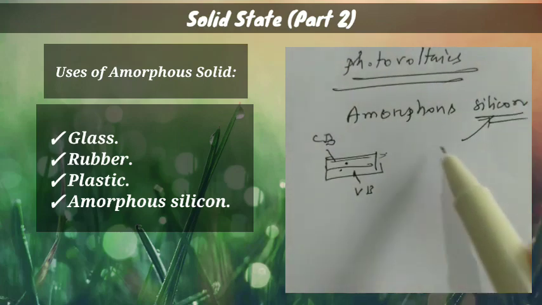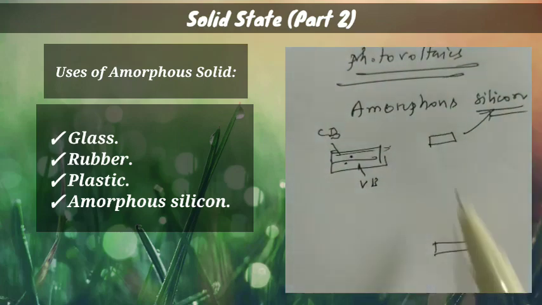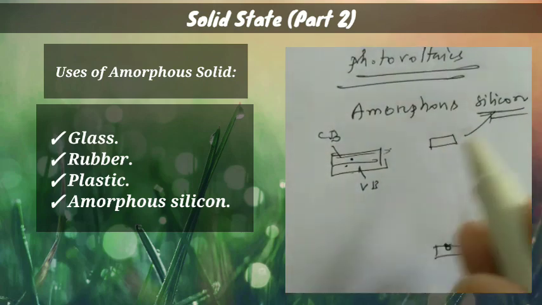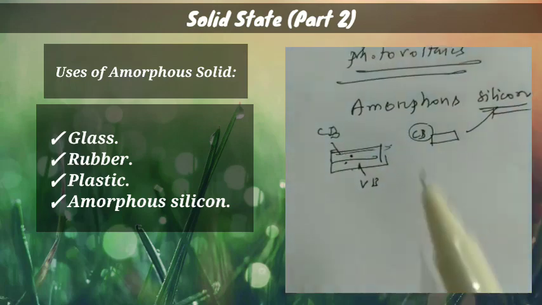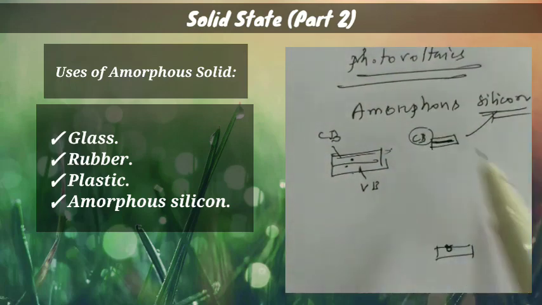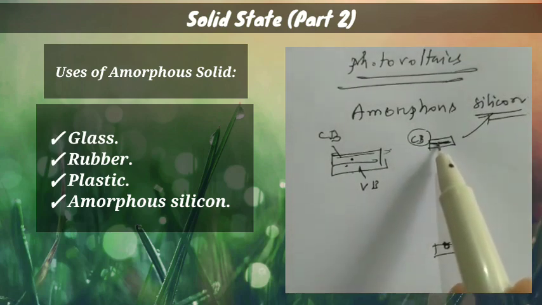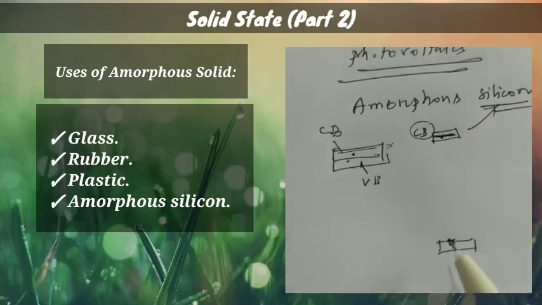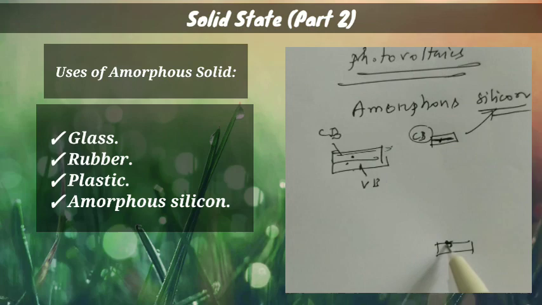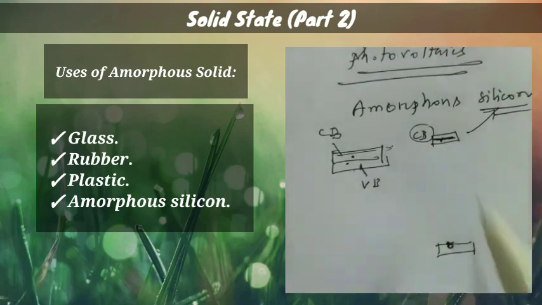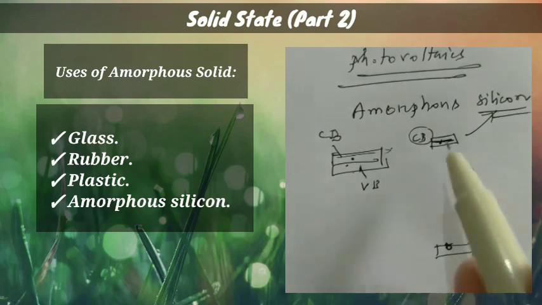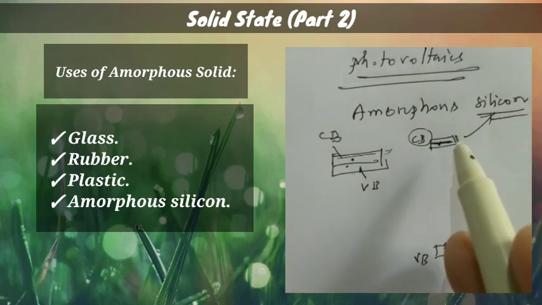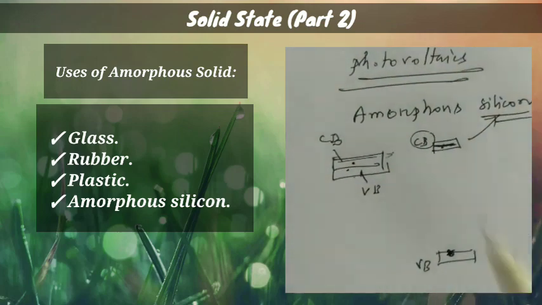Now the second is your non-conductor. A non-conductor has a very large gap between the conduction band and the valence band. So the electron cannot go from here to here. Always remember that electrons can only flow in the conduction band. If there are no electrons in the conduction band, then that material will not show conductivity. Understand? So in a non-conductor the gap is very high, and the electron cannot easily go from the valence band to the conduction band. Clear? So it will not conduct electricity.